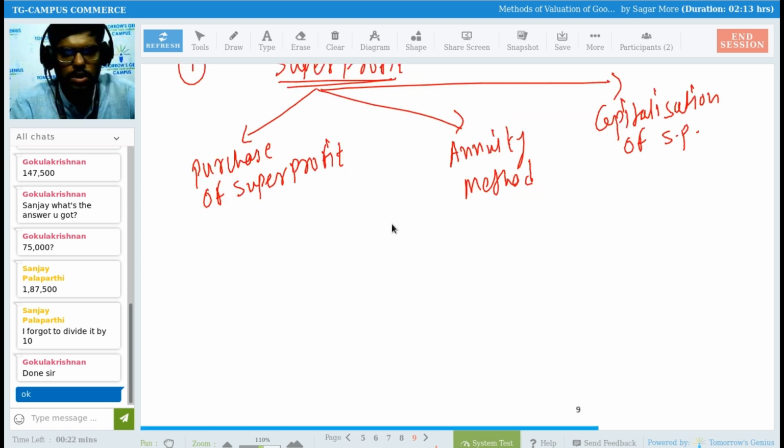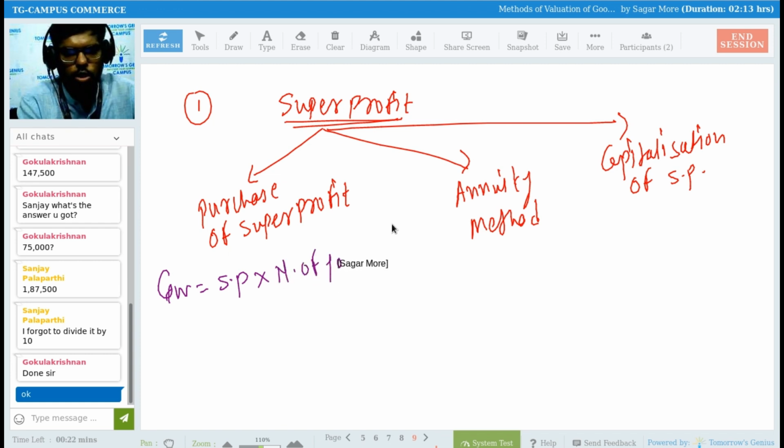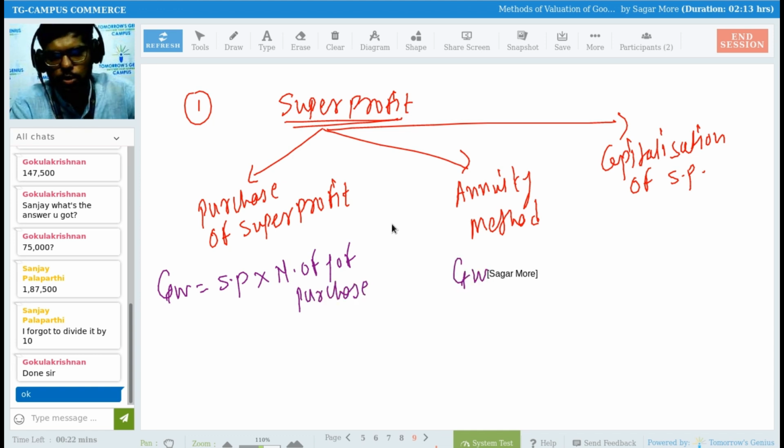Okay. So what is the formula for purchase of super profit? Goodwill is equal to super profit multiplied by number of years of purchase. So what is the formula? Goodwill is equal to